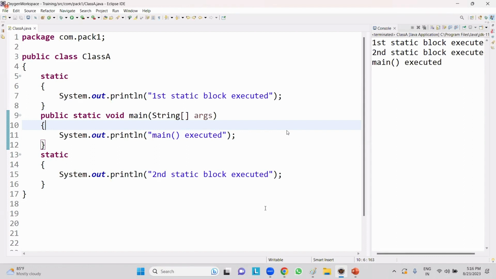Right. Now I have a question. I want to print a hello world statement without writing a main method. Is it possible or not? Did you understand my question? I want to print a hello world statement without writing a main method. Not possible or possible? Okay, we'll do one thing. For example,